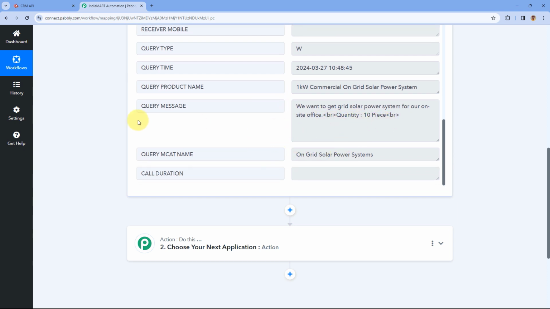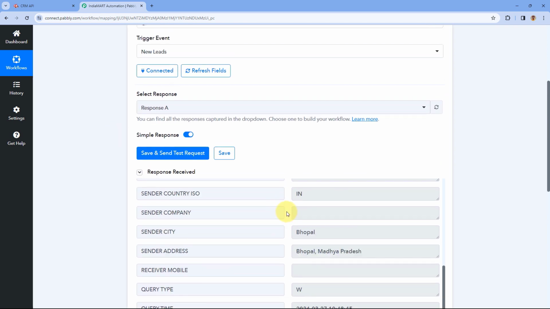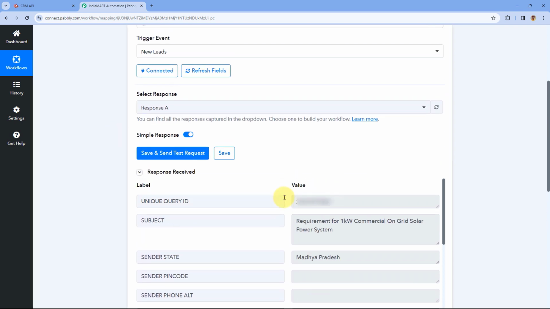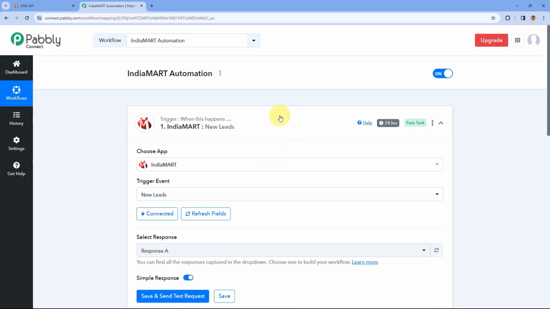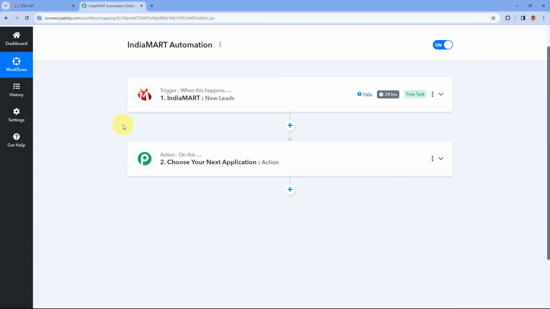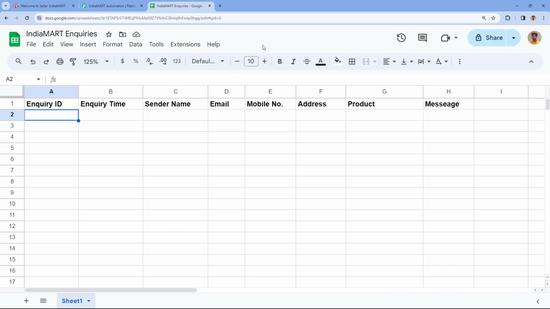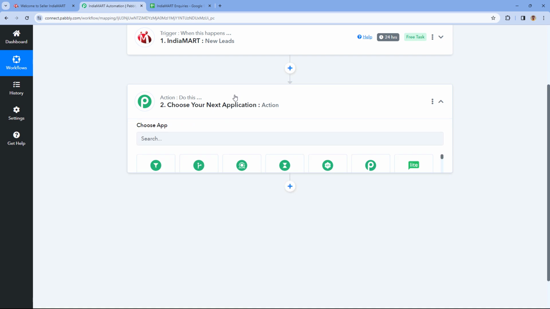So here you can see, in this way, step 1 of setting up this automation is completed, where we have successfully connected our IndiaMART account with Pabbly Connect in the trigger step and received the details of a new lead from IndiaMART in our Pabbly Connect workflow. And after that, we want to export the details of the new inquiries which we are receiving from IndiaMART in our Google spreadsheet. So what we are going to do, we will move to the action step of our Pabbly